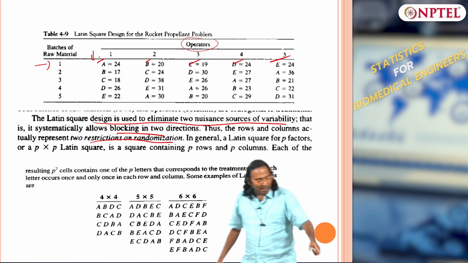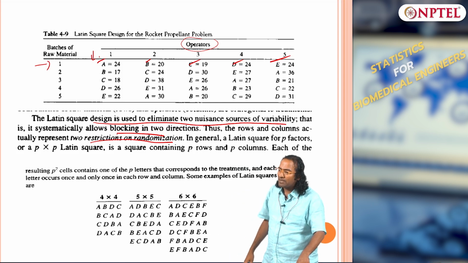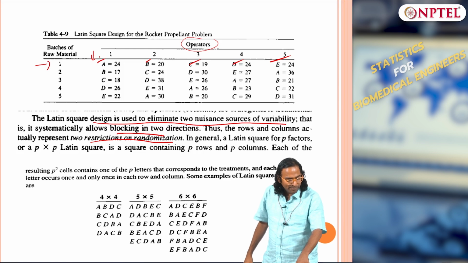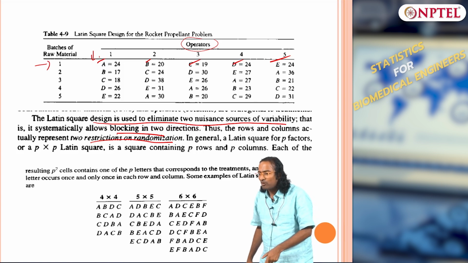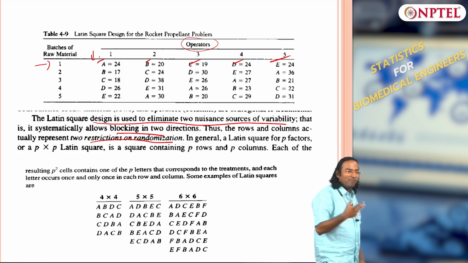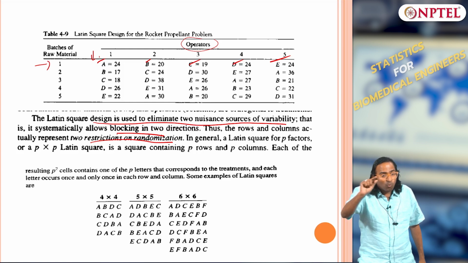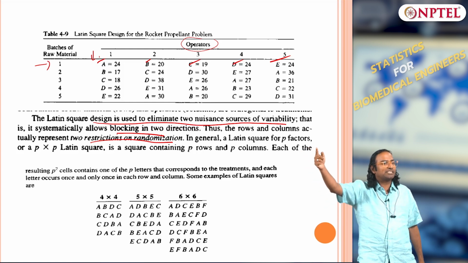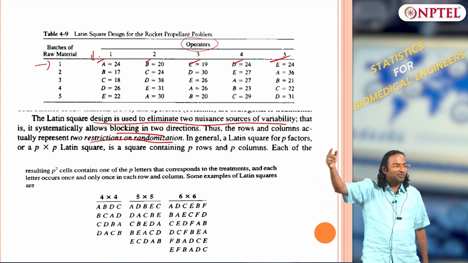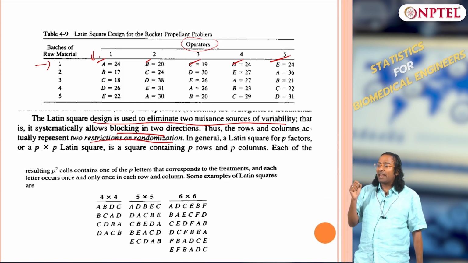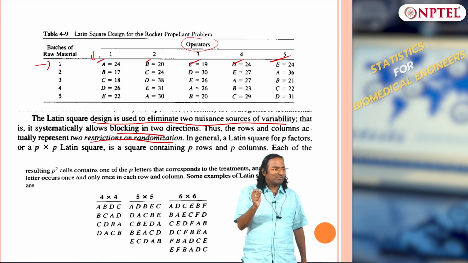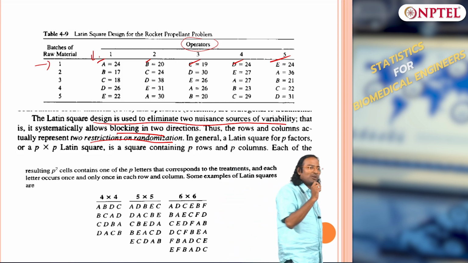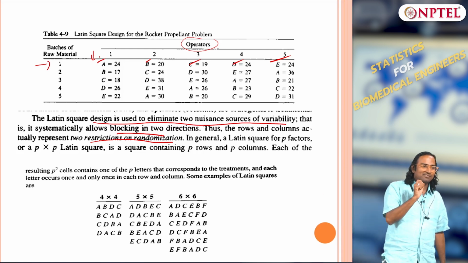See, if I have A, B, C, D, E and I extend it to 6, then it will become B, C, D, E, A, B. B will repeat 2 times in the second row, C will repeat 2 times in the third row, in the first row A will repeat 2 times. If I deviate from square to non-square, you understand? So that is why it is a Latin square design. Inherently only a square design is allowed, that is rows equals columns equals treatments.